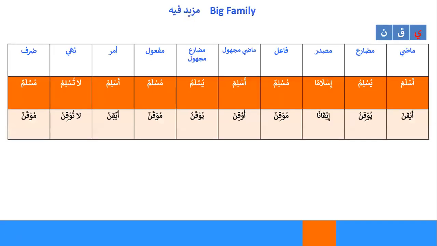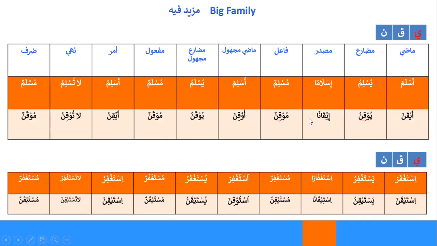Now, Ya, Kaf, Noon in the Aslama family. If you see, you have absolutely no irregularities except a few over here in Aikana, which is fairly simple. Yukinu: this would have been Ue-kinu, but it became Yukinu to smooth it out. Mu'ikinu, kinun is the file, but it became mu'kinun to smooth it out.